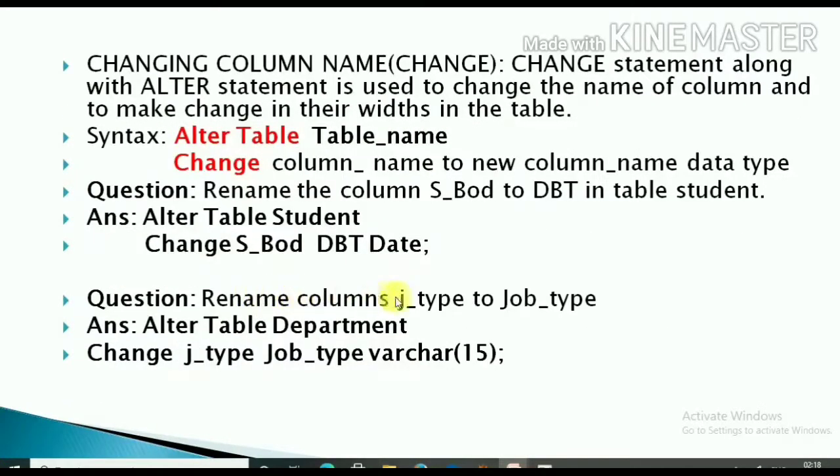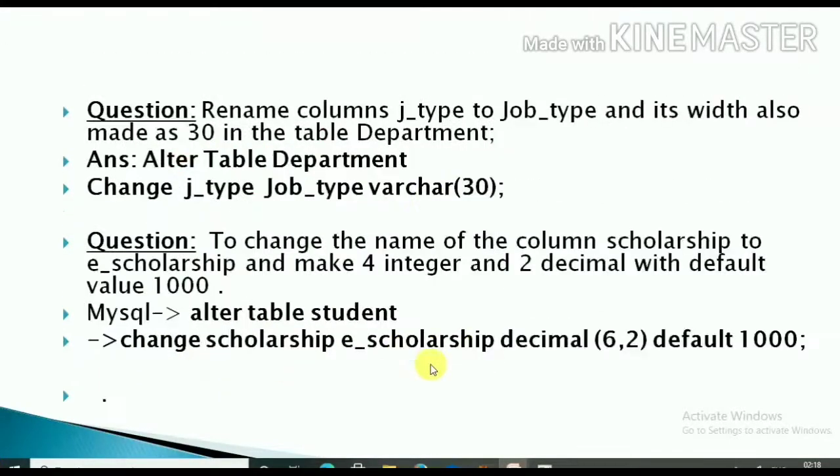Rename the column j_type to job_type. So ALTER TABLE department CHANGE, the old column name is j_type, the new column name is job_type. The existing data type is VARCHAR(15). So the command is ALTER TABLE department CHANGE j_type job_type VARCHAR(15);